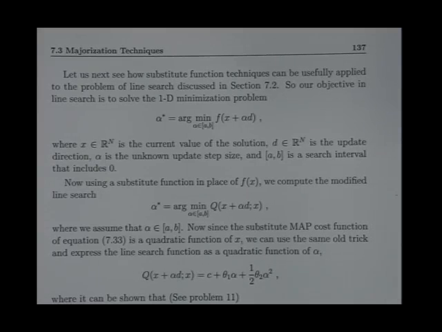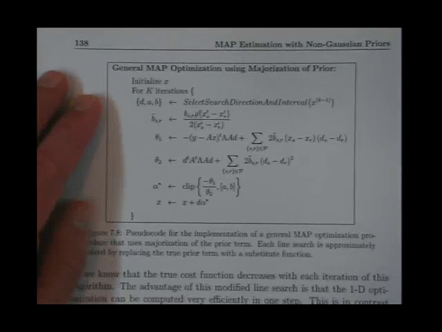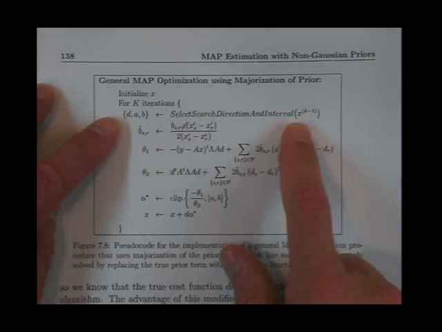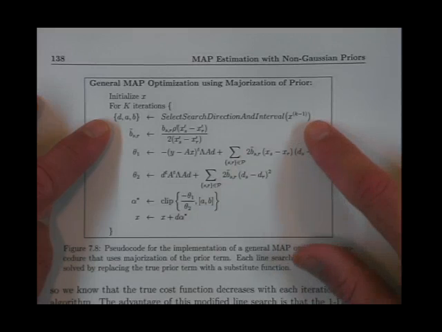Okay. Now, so this is now the general optimization strategy in figure 7.8. So what you do is you have an algorithm, your favorite algorithm. The favorite algorithm selects